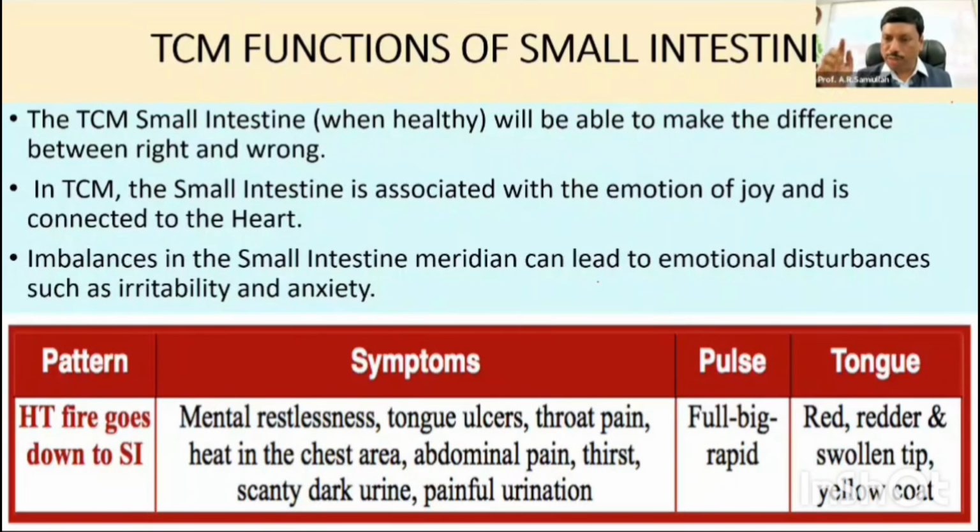So here I would like to say that the abdominal system is also known as the second brain. This is also known as the gut. The gut is connected to the brain. So the brain is here, the gut is here. The second brain is known as the colon. You know, 90% of serotonin, known as the happy hormone, is secreted where? In the colon, but 10% of the serotonin is released in the brain. So it is interconnected with each other. The small intestine, heart, and brain are interconnected with each other.